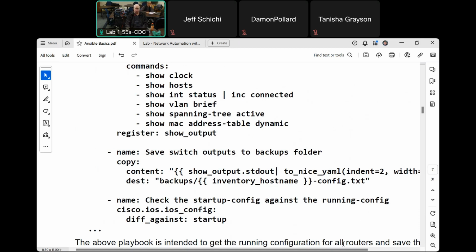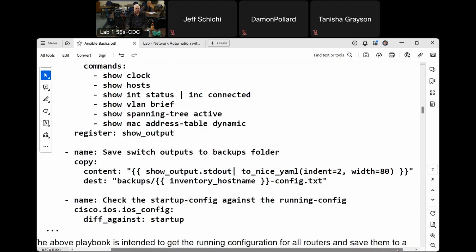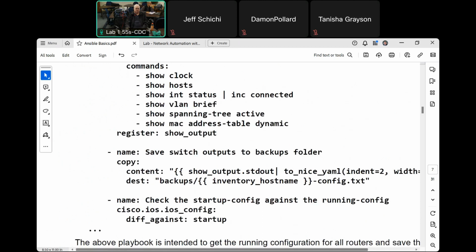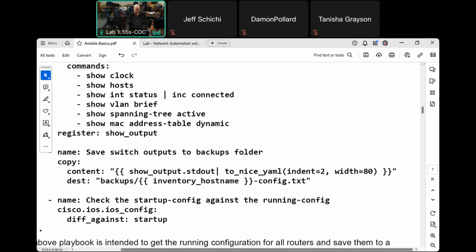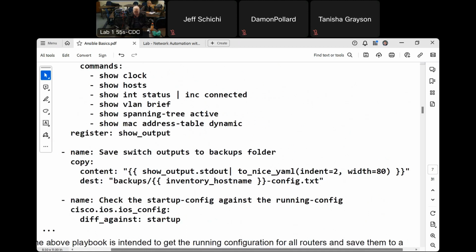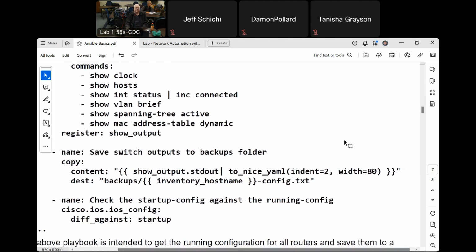And then I can set the width to 80. So set the width to be 80. And then the parentheses, and then double square brackets and the quotes. And then on the next line, the way it's still indented,